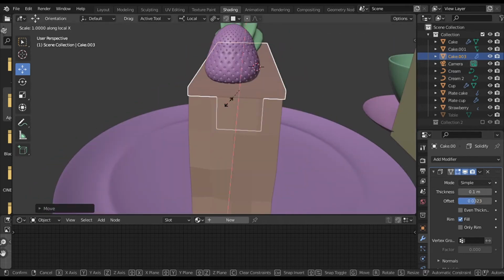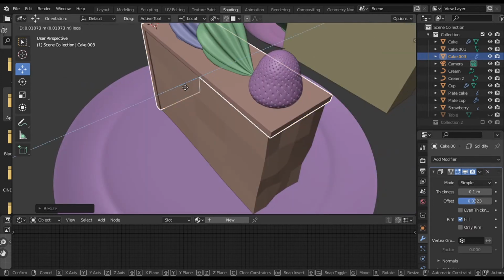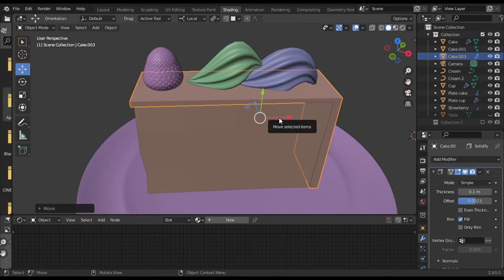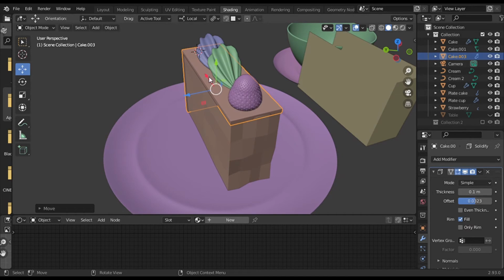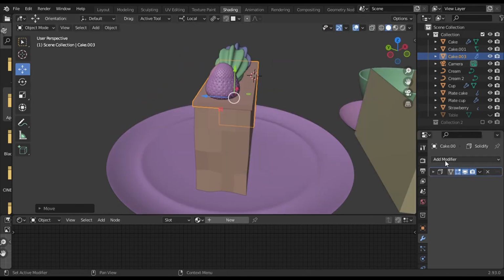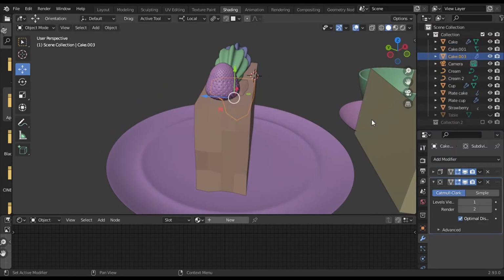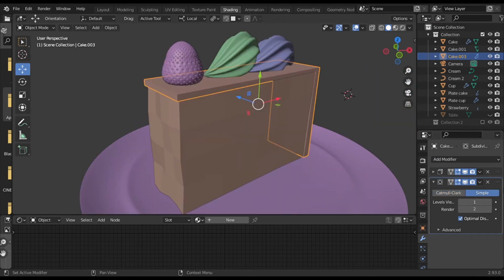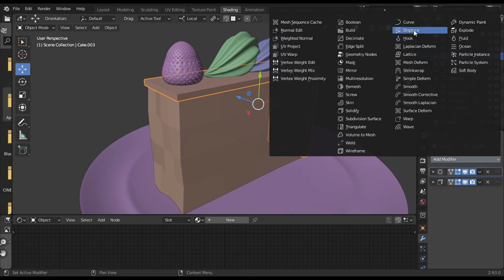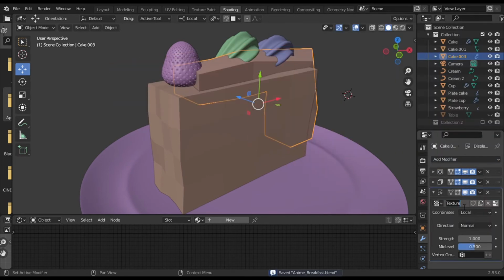Scale the width a bit. And let's displace the cream a bit.